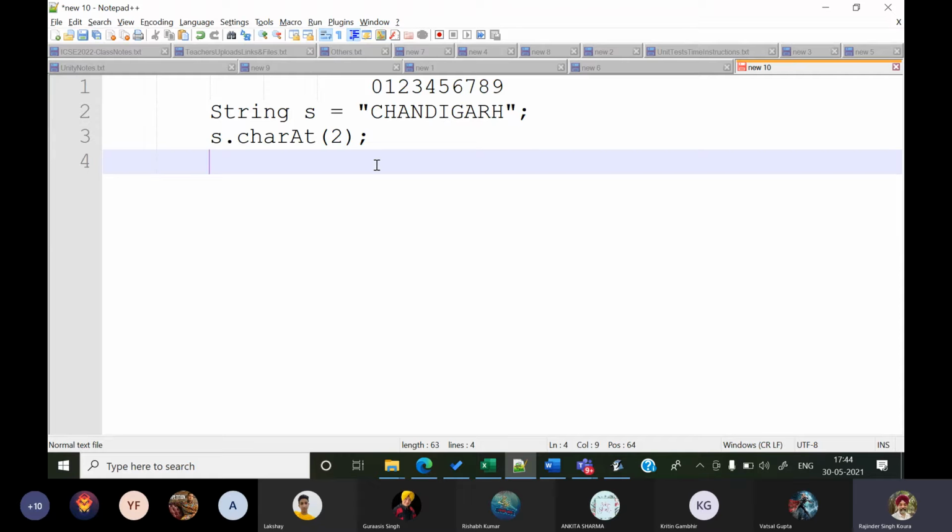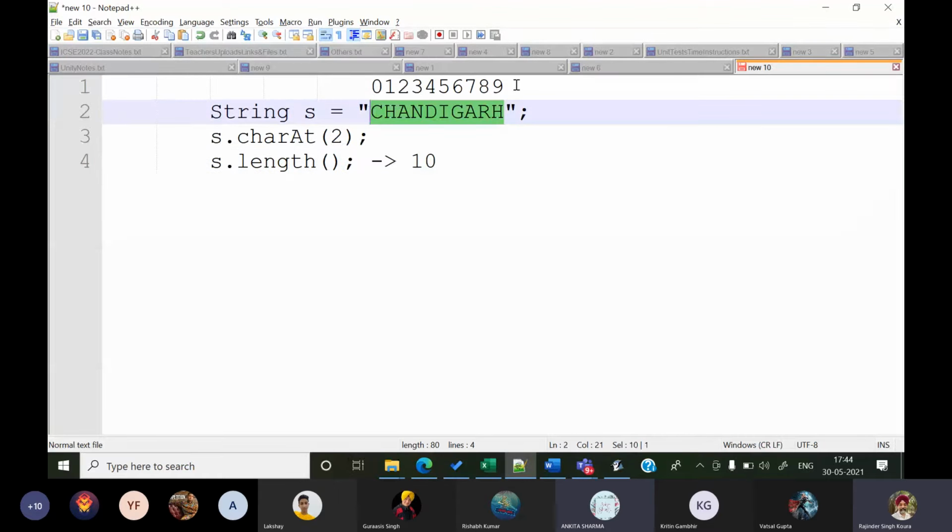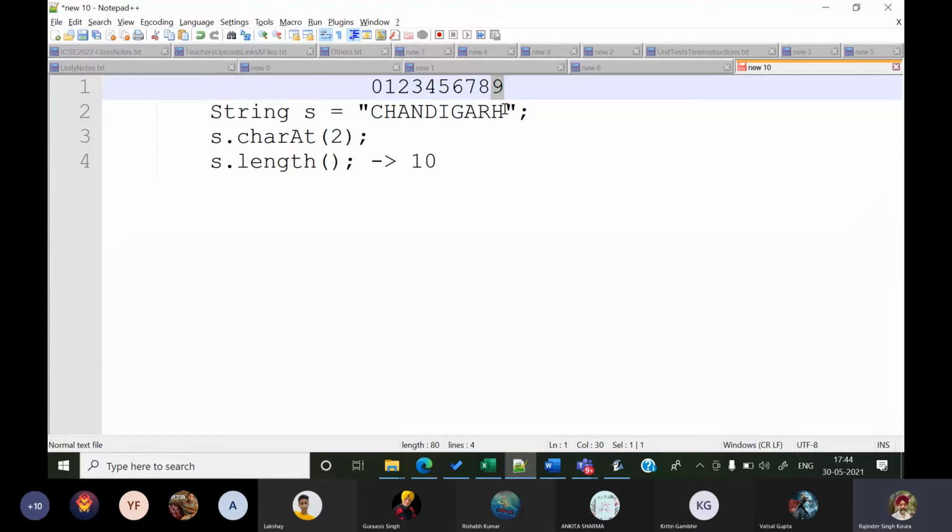What did you actually ask? How would you use s.length inside s.charAt? Inside s.charAt, we can do anything. First of all, tell me what the s.length function is going to return. Length will be 10 characters. Yes, length is 10. The 9 is the position of h, and because it starts from 0, it will be 1 less than the length.